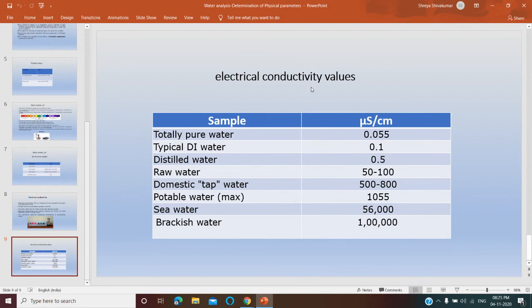So the electrical conductivity values are tabulated in the table. Here you can see pure water 0.055 microsiemens per centimeter, deionized water 0.1, distilled water 0.5, raw water 50 to 100, tap water 500 to 800, potable water 1055, seawater 56,000, brackish water